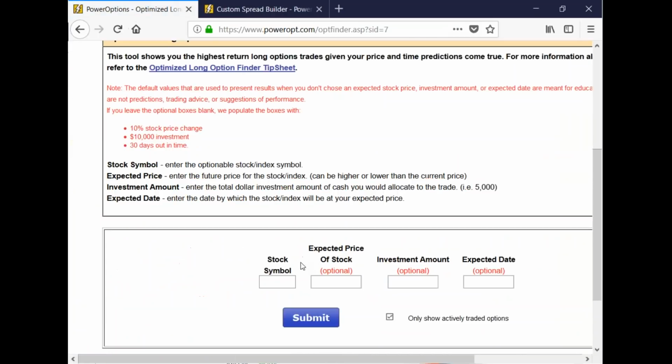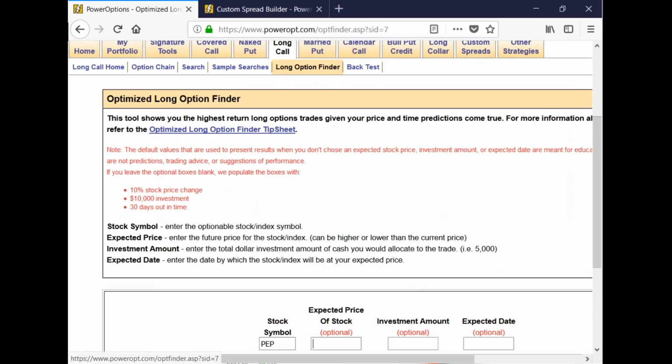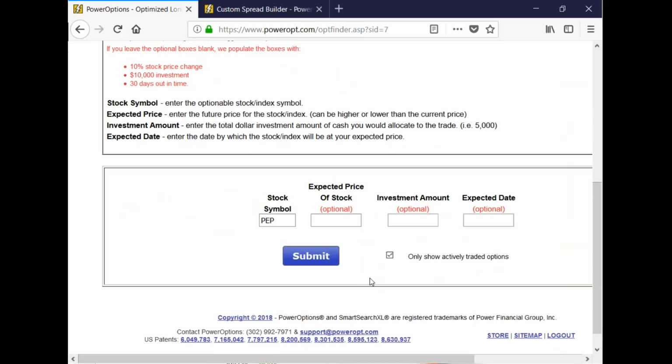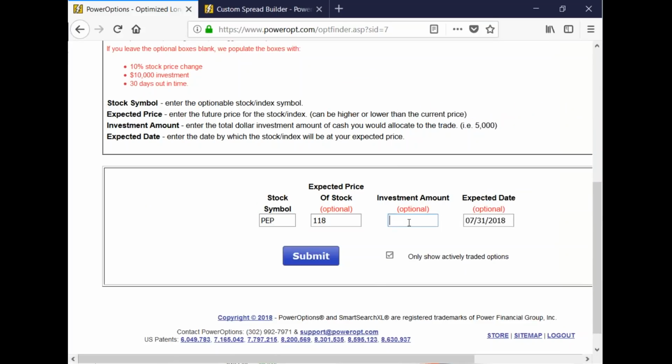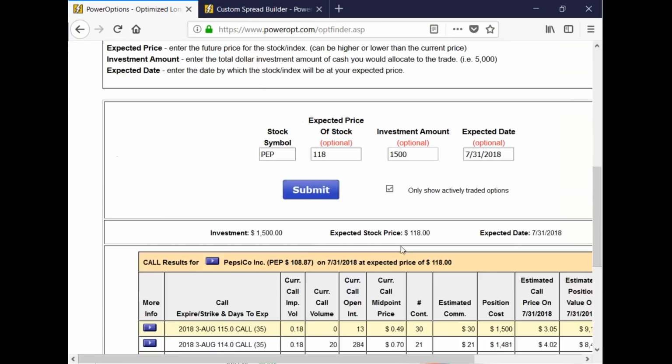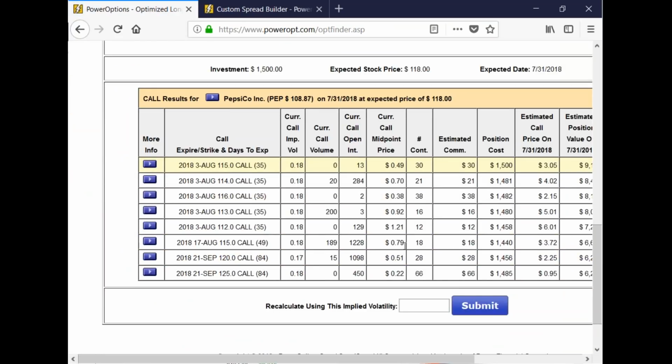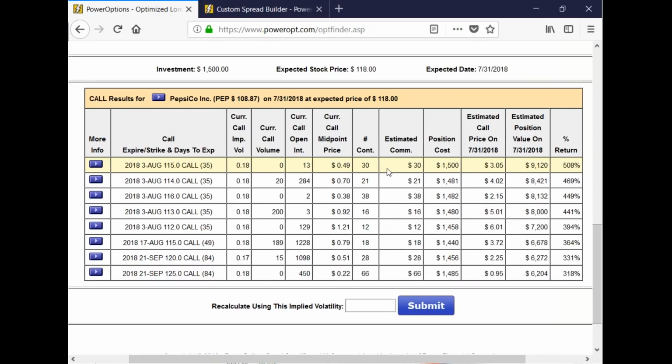So again, I'm going to keep it simple. Let's just stay with PEP. We saw it at 108. Let's say that I have an expectation. This is called the long option finder. I have an expectation that Pepsi might be trading at 118 in the next 30 days, end of July. And I'm going to put maybe, those were not really expensive, so I'm going to put in $1,500 into buying calls. Okay? And that brief moment, what this tool did is it went out and it looked at every available option for Pepsi. And it showed by order of return which one would give us the best return if my